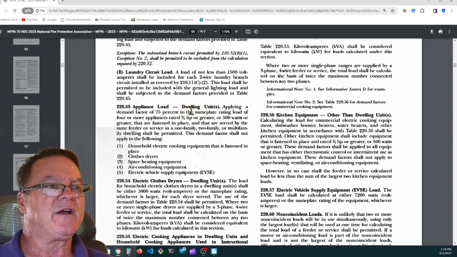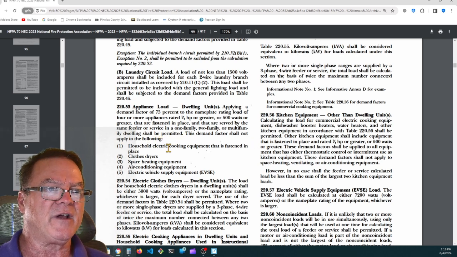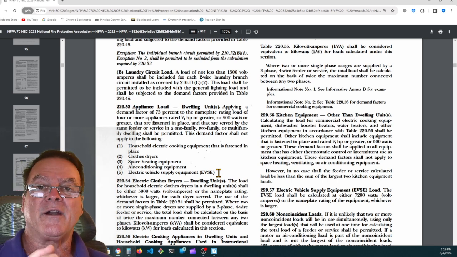We talked about appliance loads. Here's 220.53, appliance loads. It says applying a demand factor of 75% to the nameplate rating load of 4 or more appliances rated 1/4 horsepower or greater, or 500 watts or greater, that are fastened in place and that are served by the same feeder or service in a one-family, two-family, or multifamily dwelling shall be permitted. This demand factor shall not apply to the following. Doesn't apply to electric cooking equipment, clothes dryers, space heaters, air conditioners, or electric vehicle supply equipment. So other than your air conditioning, your cooking equipment, your